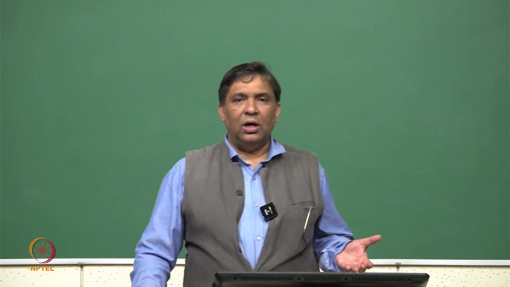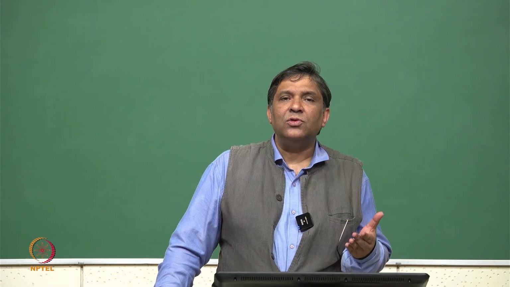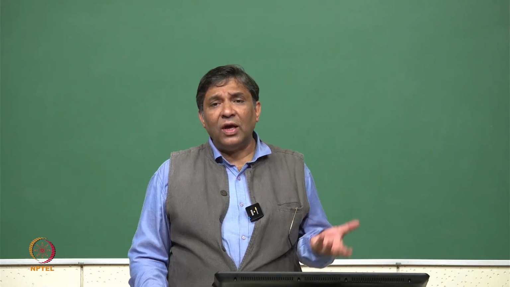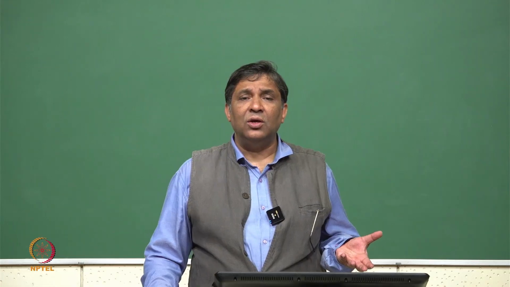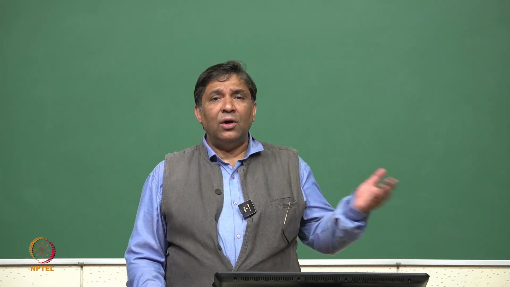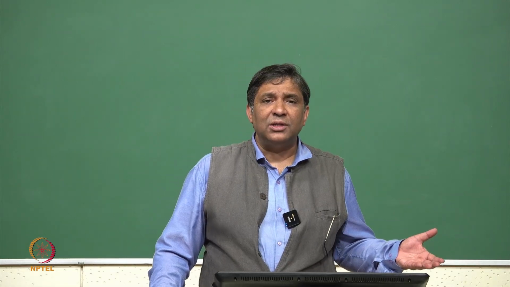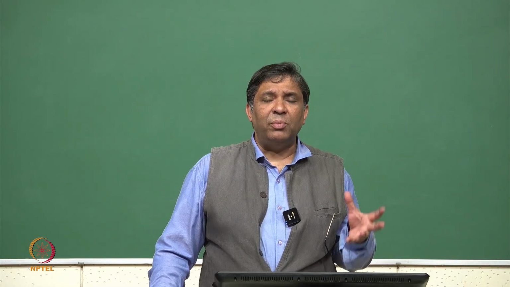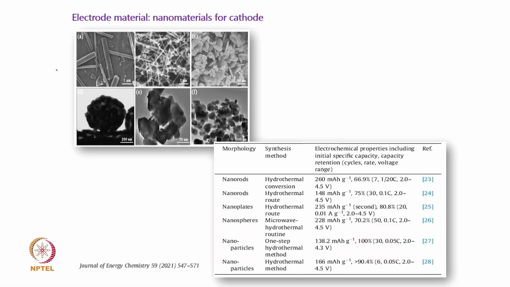So, these are all about the nanostructured anode, and similarly you can have different nanostructured cathodes. I am not going to discuss cathode in detail because the physical processes are the same. It is again the same intercalation followed by diffusion of lithium, electronic conductivity, ionic conductivity, mechanical stability. These are all the parameters which one needs to look into, and these are a few of the morphologies which one can find in the case of cathode material also.